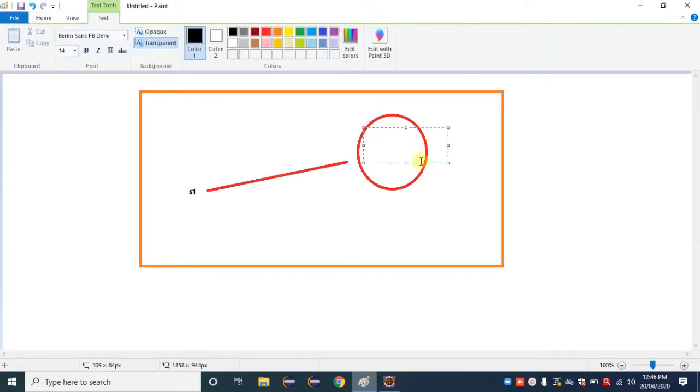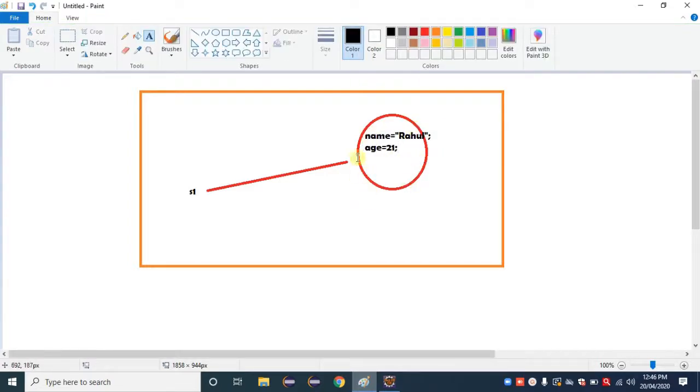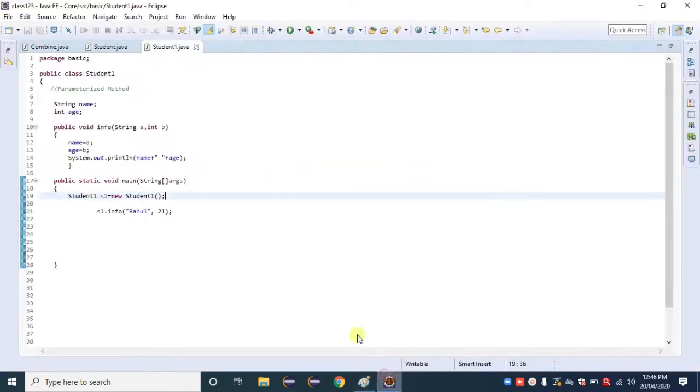What is stored? First, name is equal to "Rahul", semicolon, then age as 21, semicolon. That object is referred to by the reference variable s1, as per our program.